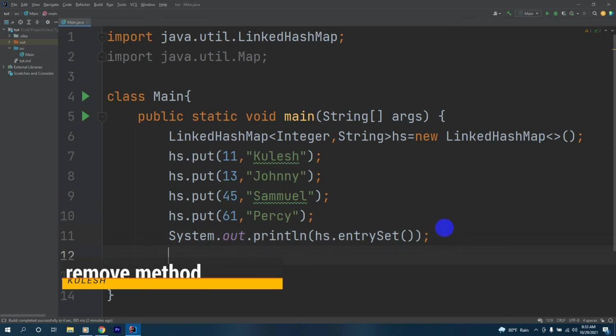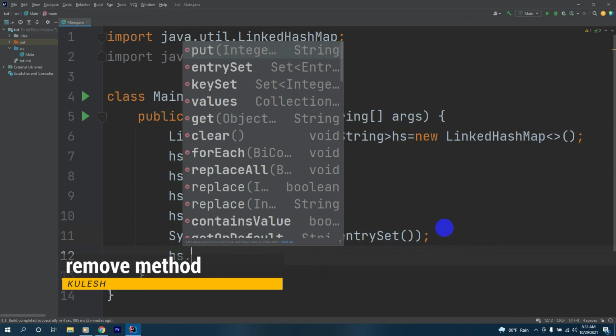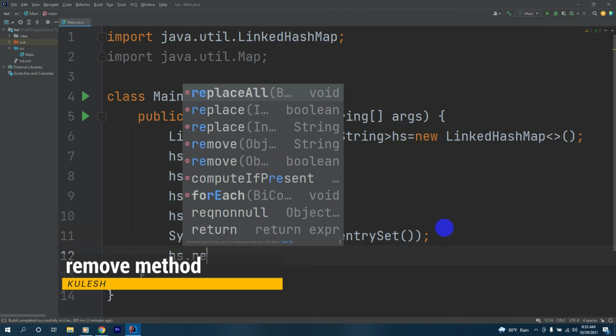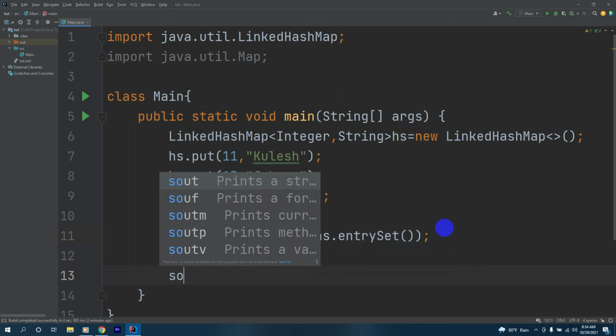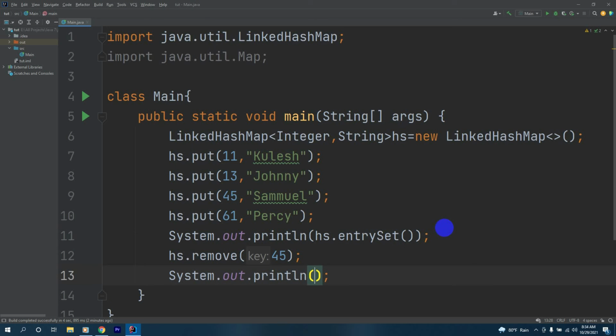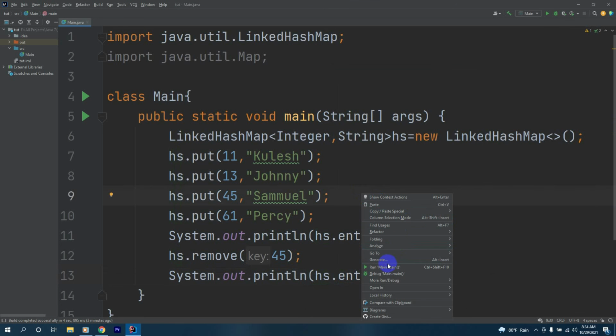Then we'll have hs.remove, and we will pass a key to remove one of the values from our LinkedHashMap. We'll say key 45, and after that we'll print out our key value pairs again. We'll say hs.entrySet. Now let's print this and check the output.